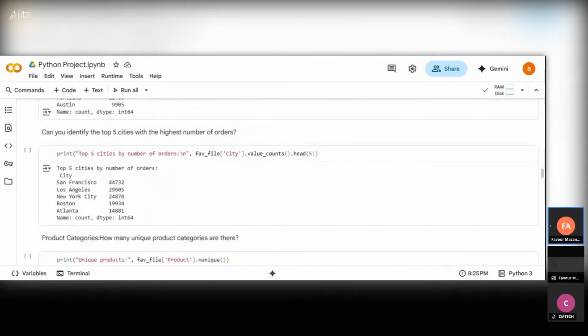Then, can you identify the 5 cities with the highest number of orders? The same thing, still use your value_counts. But like I said, what value_counts does is bring out your unique values. So it shows an index and a value. This is your index, this is your value. It shows you your index, counting the total number, and since it works in descending order,